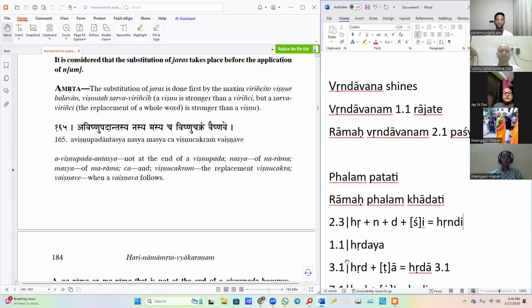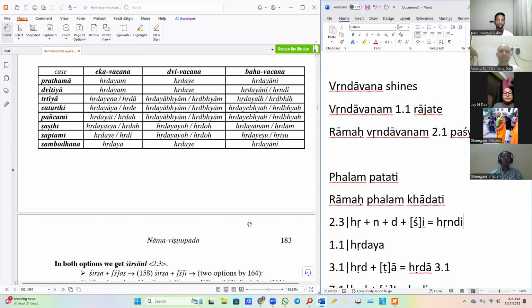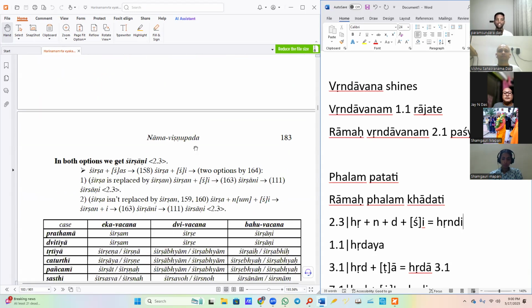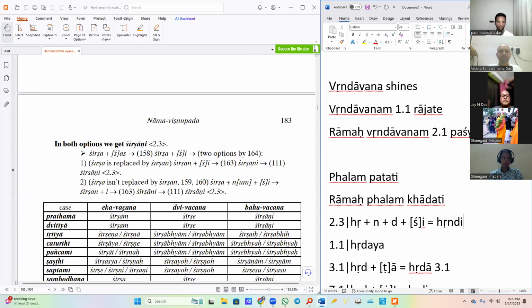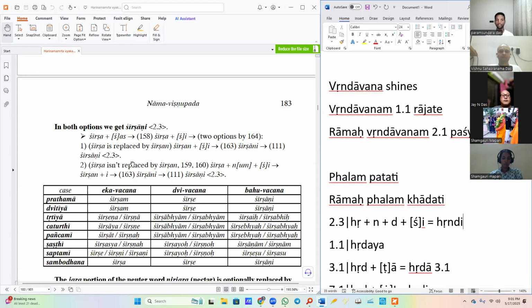Hindi 2.3. Yeah, that is the Hridaya table. And then Shirsha, once it is like Gokula: Shirsham, Shirshe, Shirshani, ityadi. And once Shirsha is replaced with Shirshan, Shirshan,